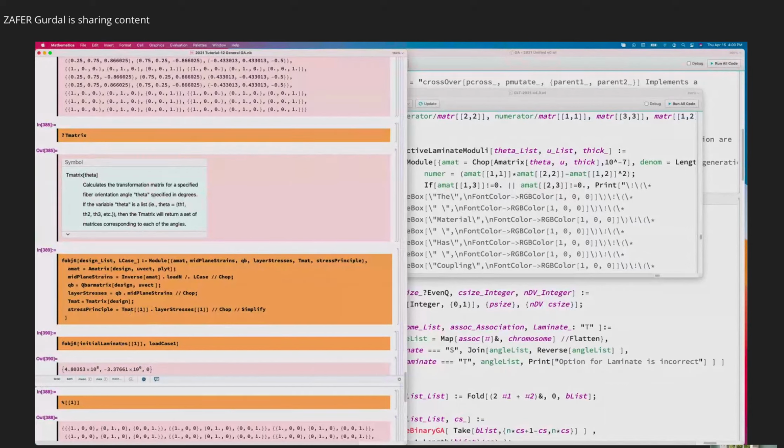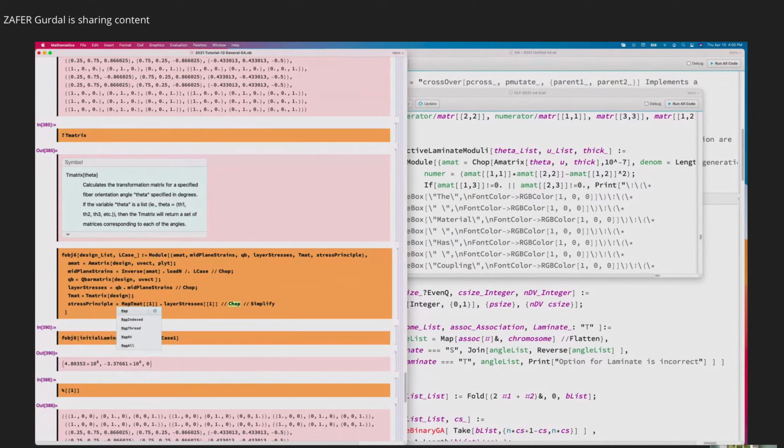So principal material direction stresses will require map, thread, Tmat 1, and layer stresses, number 2. That's a dot product of these two